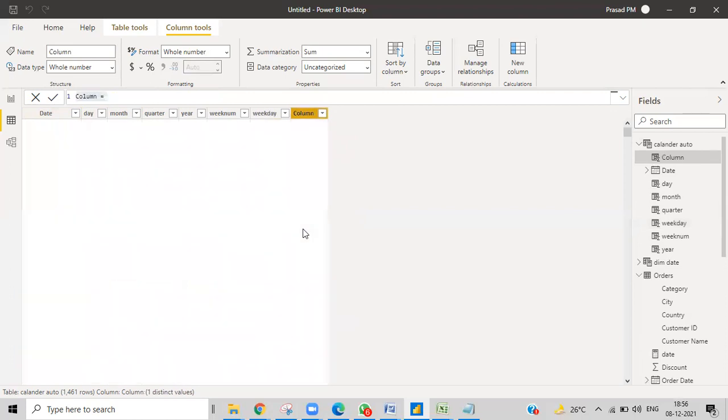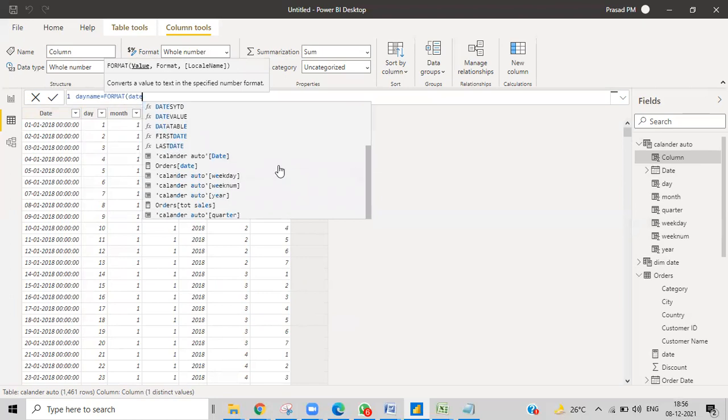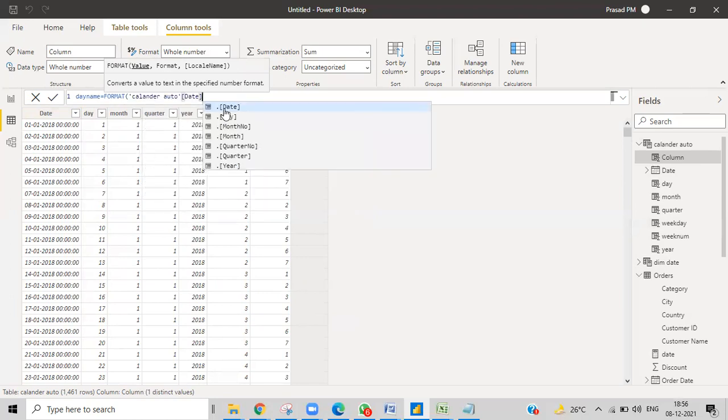Create another column, the day name or whatever it might be. I want to create that kind of name for it. So I'll use FORMAT. The value I want to give is the calendar date, and I don't want to do anything else. Then I want to give the format.